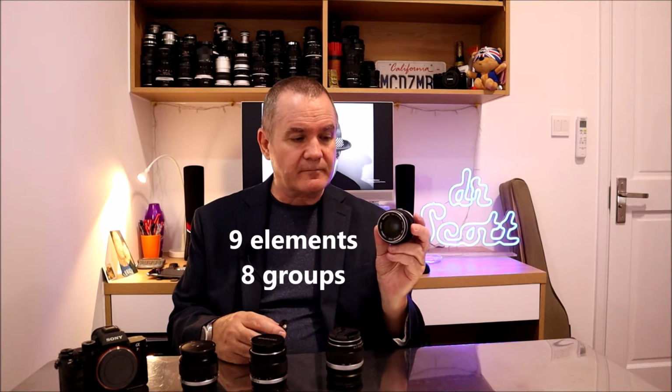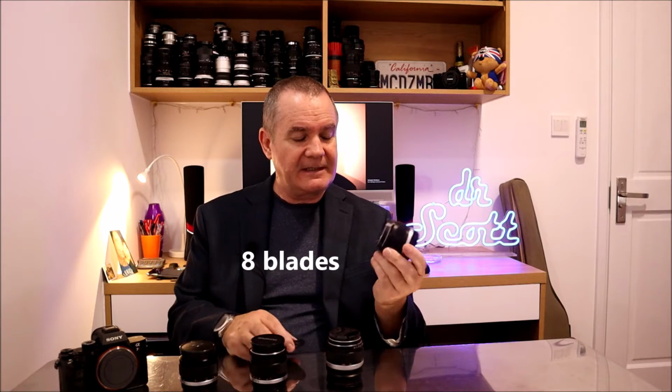Now, from what they describe, the other letters, which I'll describe through these, are the number of elements in them. But for this one, the f2, there's 9 elements in 8 groups. There are 8 blades inside. Actually, let me take off the back so I can see the daylight through here. So they have 8 blades